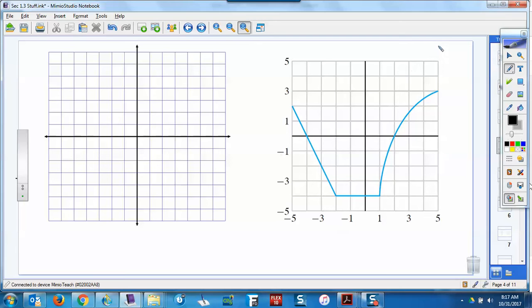Okay? What's a negative on the outside do? Flips it. So this point right here is going to flip over to here. This point here is going to flip over. Oh, no, that's not right. It's going vertically, isn't it? Negative on the outside goes vertically. So this point here that's at 2 is going to be down here at -2. This point stays there. This point that's at -4 is going to be up at 4. That point will stay there. This point will go up to there. Oops, there. Missed it. Okay, this point that is at 3 is going to be down at -3. And so it's just going to flip